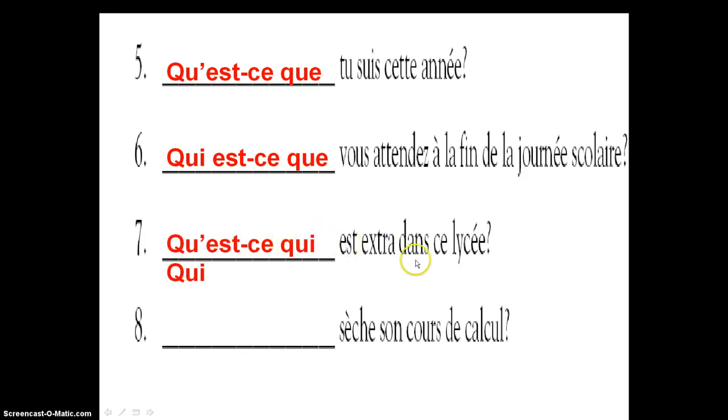Right here, "qu'est-ce qui est cool?" Like, what is cool at your high school? So we're talking about the subject, and then we're referring to something that is cool at your high school, or somebody who was cool. Remember that it could go for both. And then this one says, who cuts his classes? It's going to be referring to one person, and it's the subject. So what is it going to be? Hopefully you say "qui," right?